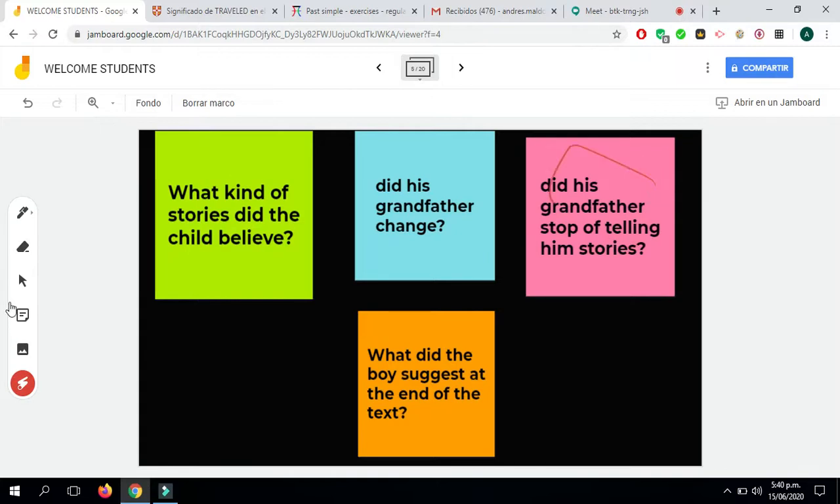So, for example, what kind of stories did the child believe? This is a kind of question in past tense, okay? Then you're going to study why it's a question in past tense, but I think that the key is with this word. But you're going to study that later. Pay attention. What kind of stories did the child believe? ¿En qué clase de historias creía el chico? So, for example, if I want to answer this question, I say, the boy